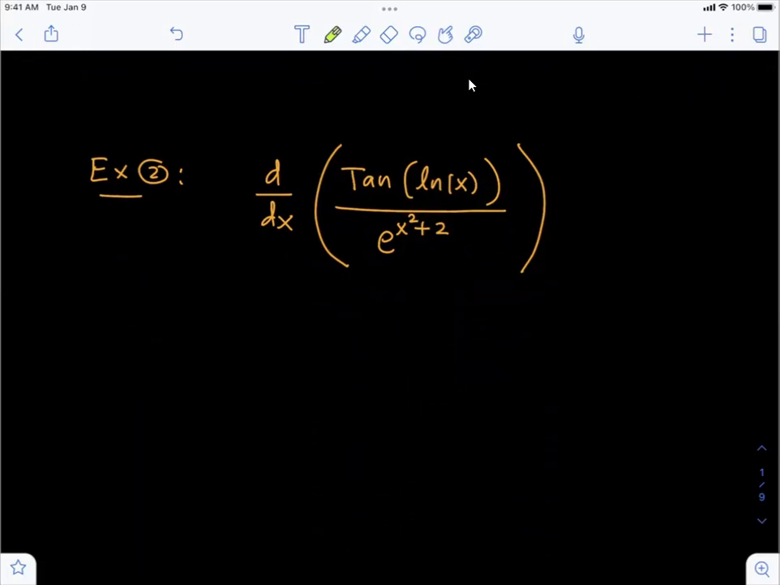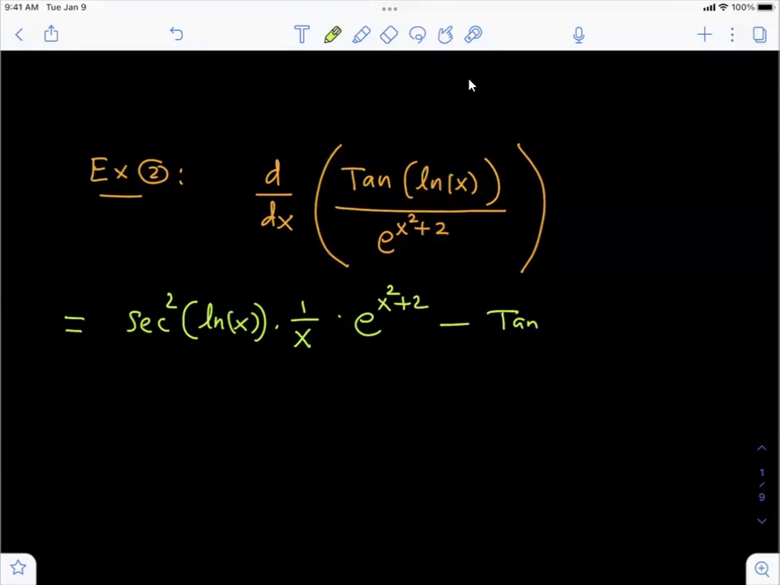All right, in this case, this is the quotient rule right away, but for each component, I may need slightly sophisticated differentiation components. So first of all, when I take the derivative of the top, the derivative of the outer layer, which is tangent, turns out to be secant squared of ln of x times the derivative of the inner function, which is going to be 1 over x, times the original bottom function, e to the x squared plus 2, and then minus. Now you're going to leave the top function as it is,